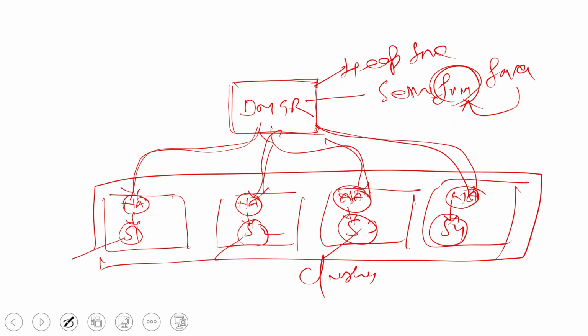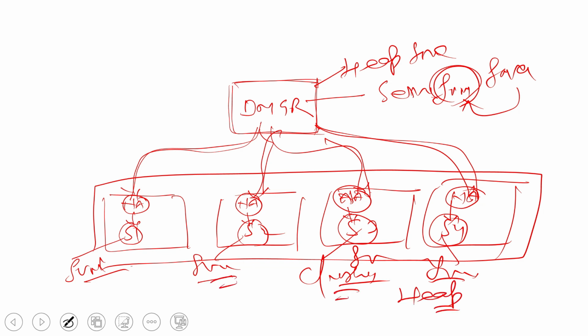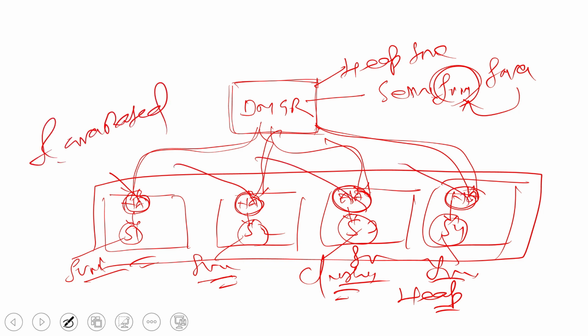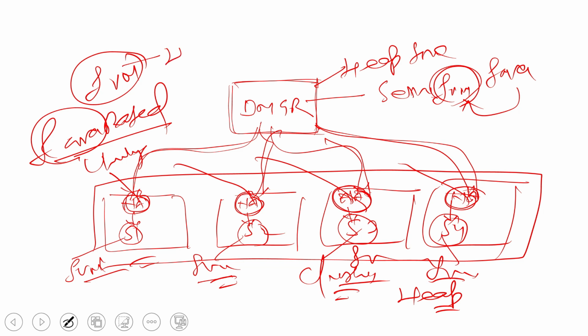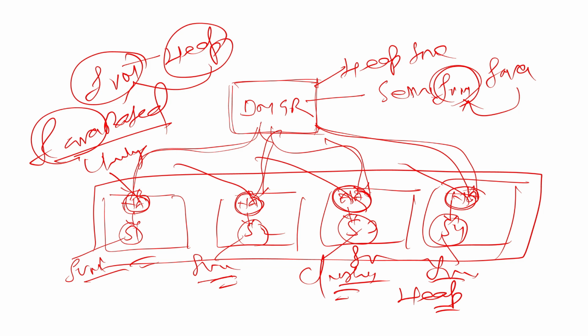Similarly, we have 4 servers here. All these 4 servers are Java based servers created in WebSphere, so all of them will have a dedicated JVM. That means we have to configure the heap size for each and every server. Along with that, we have the node agent. The node agent is again a Java based utility. If it is Java based, then definitely it needs a JVM, and I need to set the heap size for the node agent as well. So when we do the heap size optimization in WebSphere,